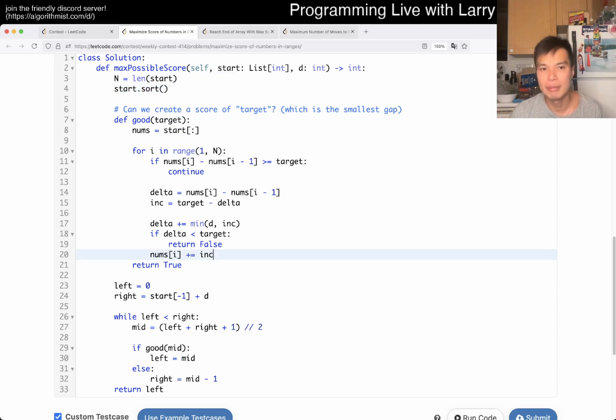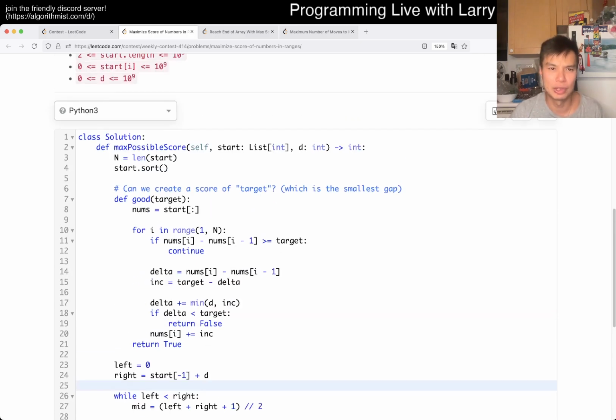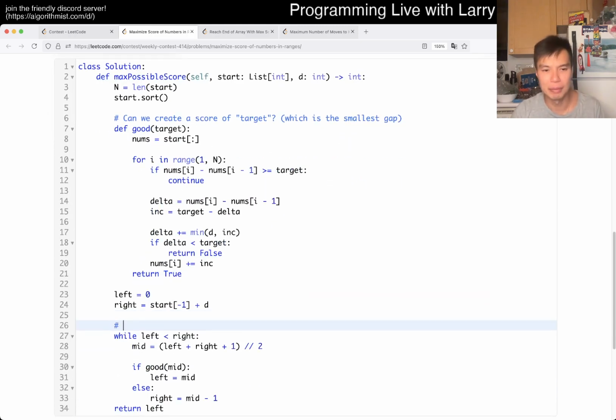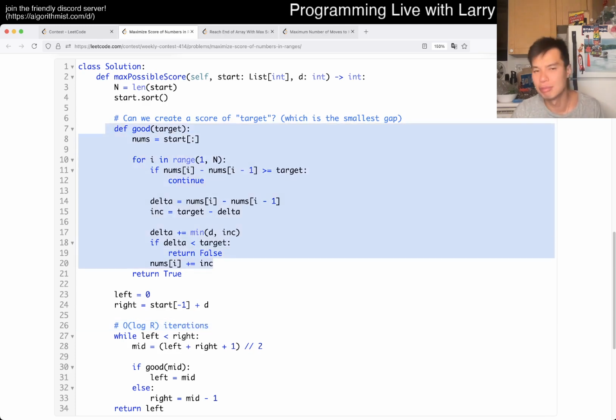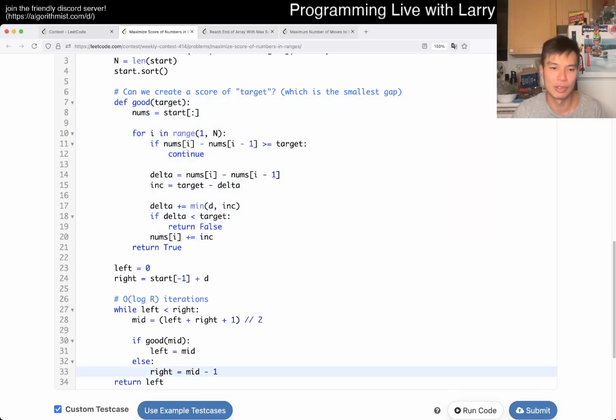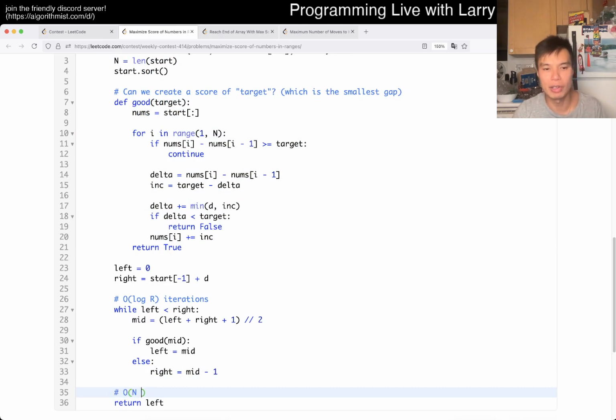So yeah, what is the complexity here? How many iterations does this take? It takes the number of bits, which is up to 10 to the 9. So this is going to be O of log 10 to the 9, or log of B, or R for range, number of iterations, and this function is, hopefully obvious, linear time. So in total, this is going to be O of n log R time,